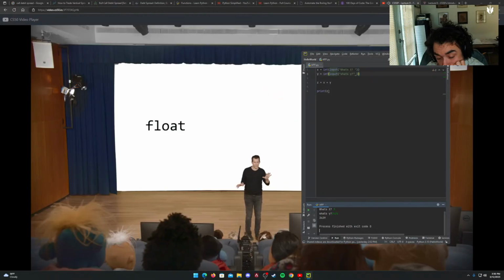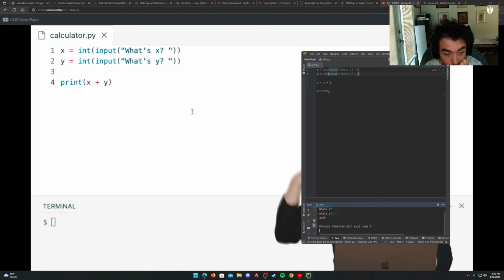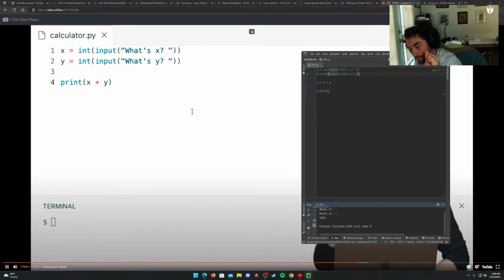Right now, our calculator is somewhat naively assuming that the user is only going to type in integers. But if I want to support floating point values too, I think I can just make a couple of tweaks. So I'm going to go back to VS Code here. And instead of just converting the user's input, x and y, to integers on line 1 and 2,